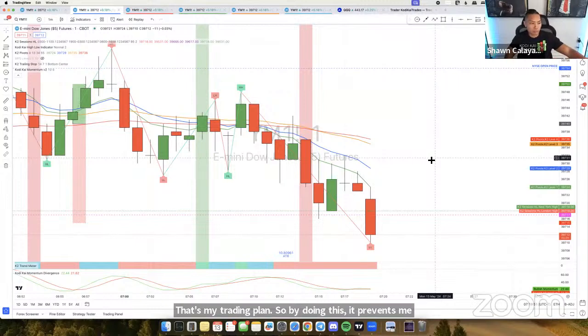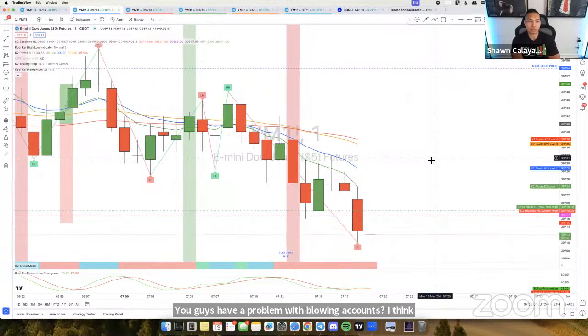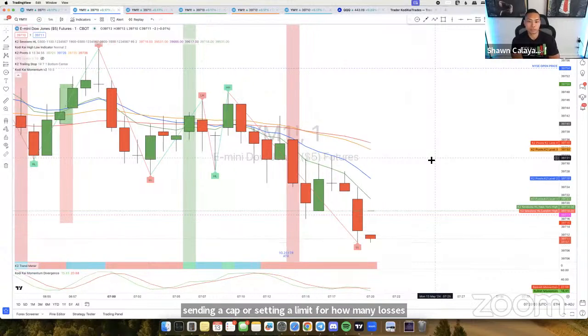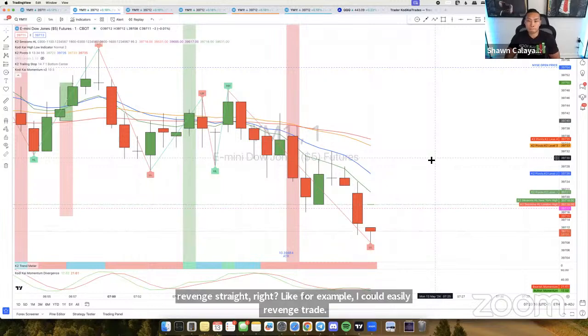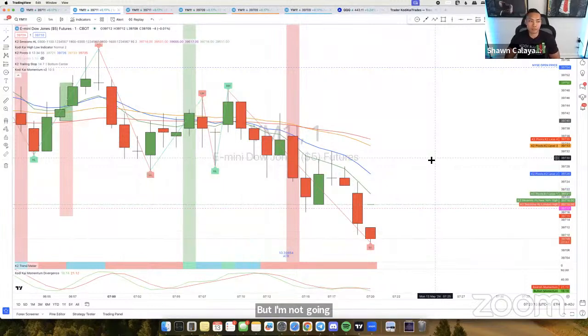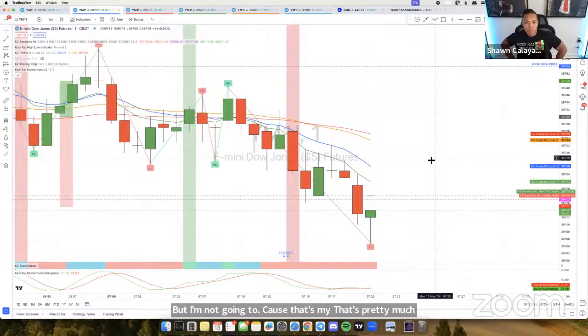So if you guys have a problem with blowing accounts, I think setting a cap or a limit for how many losses you could have per day is going to make a huge difference. Because if you lose once a day, you're probably going to revenge trade, right? For example, I could easily revenge trade, but I'm not going to because that's pretty much my trading plan for the day. So this prevents me from revenge trading, over trading, making stupid decisions that I might regret later